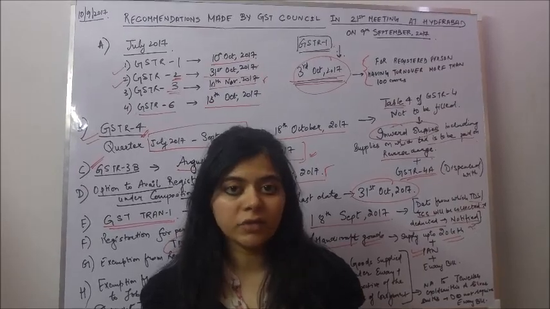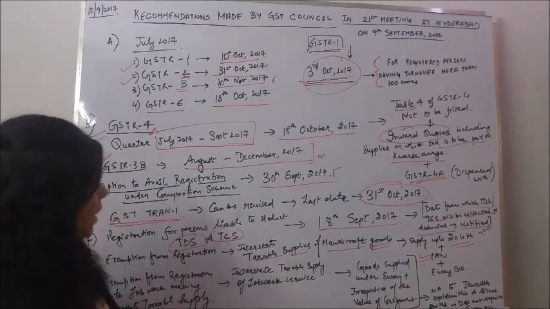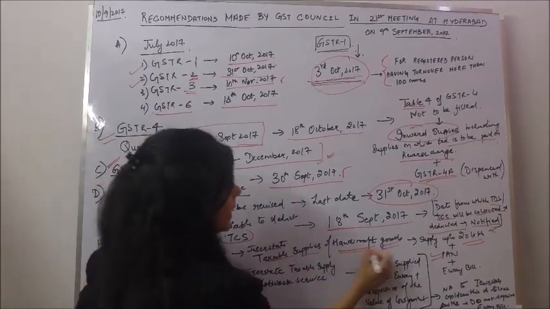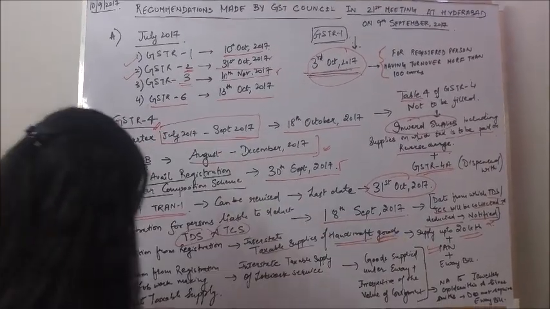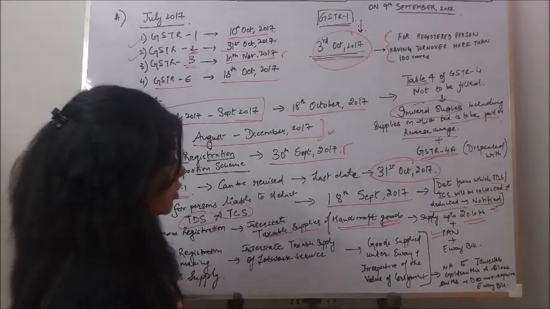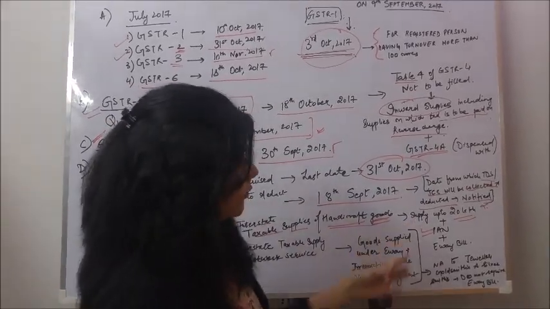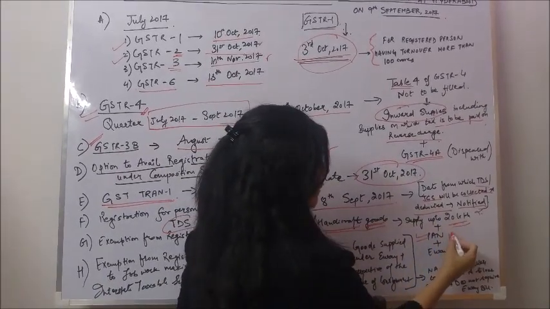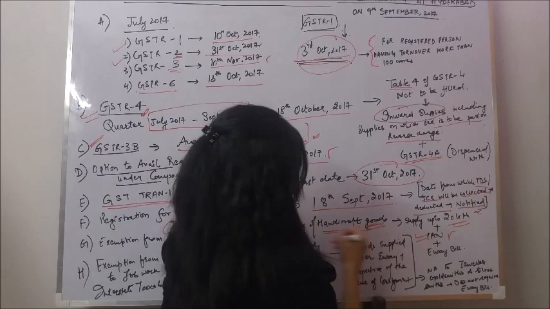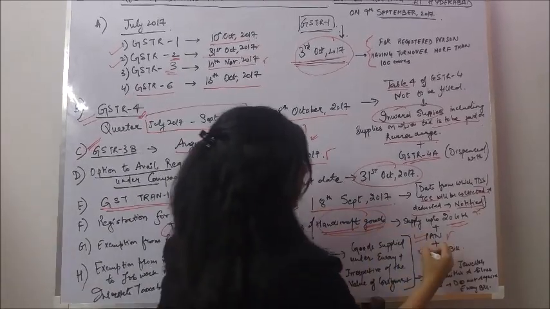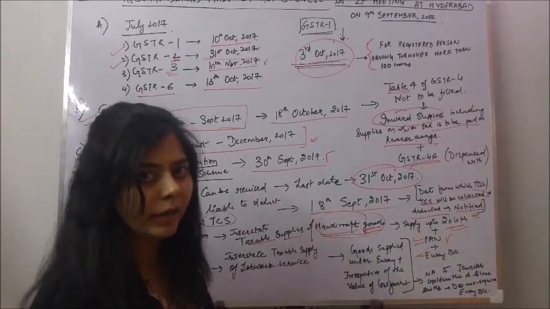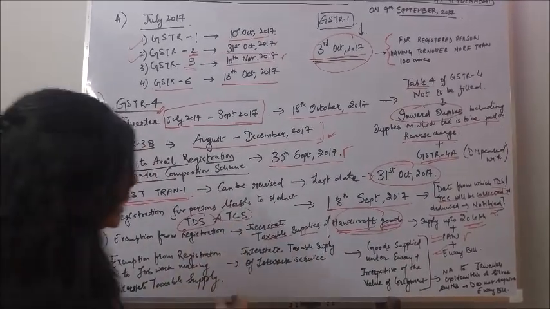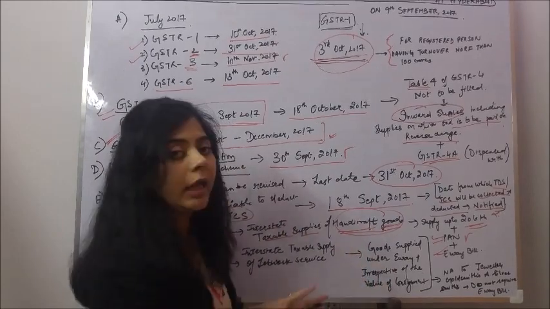But in the press release, the person who is doing interstate taxable supplies of handicraft goods is given exemption from registration, but he has to fulfill a few conditions. The supply should be up to 20 lakh rupees, he should have a valid PAN, and the supply of such goods should be under the cover of an e-way bill. If all these conditions are fulfilled, though he is doing interstate taxable supplies of handicraft goods, he will be exempt